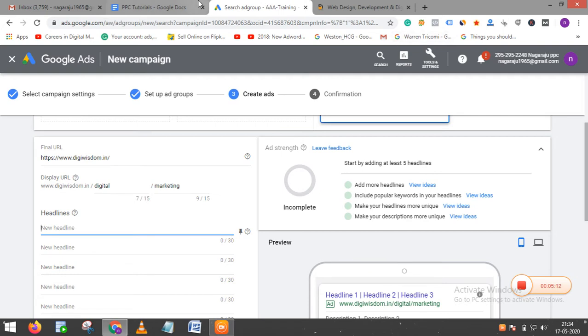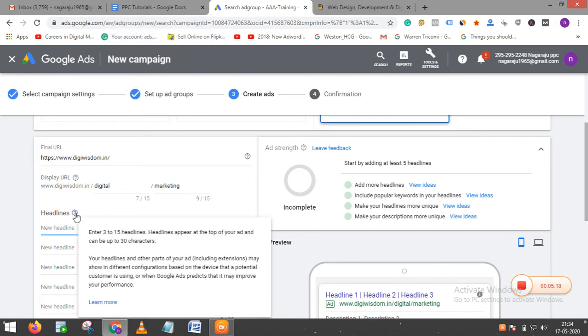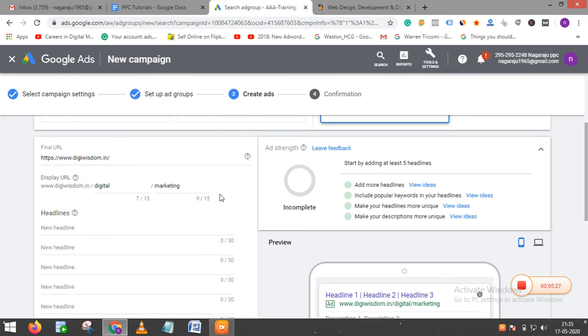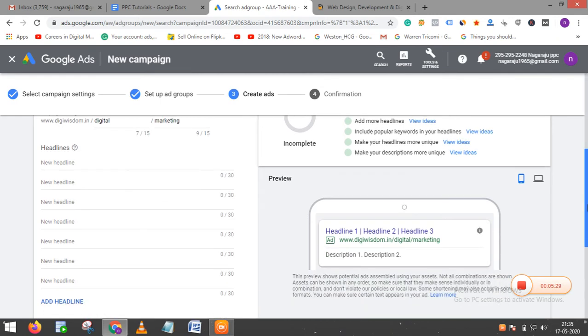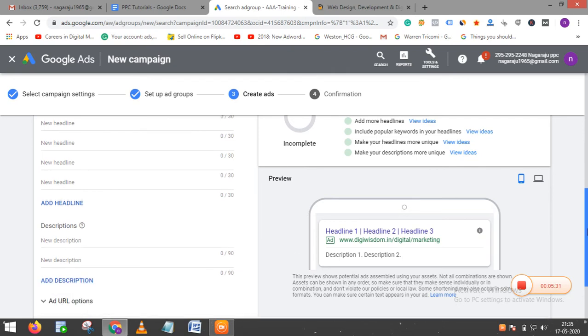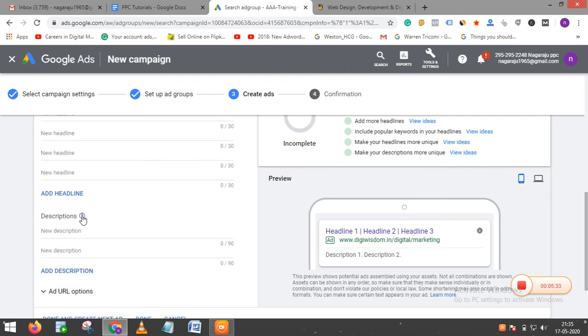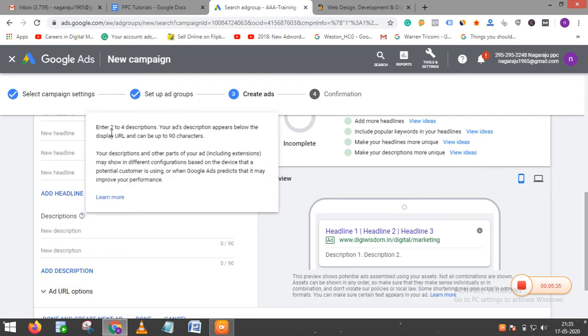Here you can write up to 15 headlines, but in a normal text ad, as I told you, you can write only 3 headlines. Just hover your mouse on this question mark and you can see: enter 3 to 15 headlines. When you come to the descriptions, you can add up to 4. Hover your mouse and you can see the maximum descriptions you can write here is 4. Enter 2 to 4 descriptions.